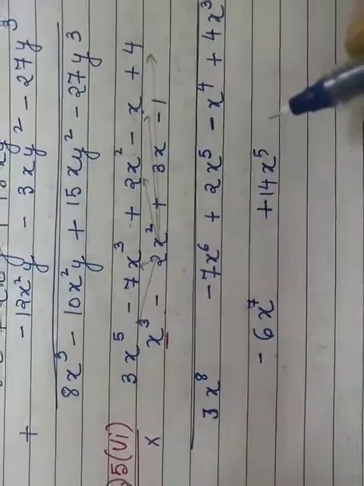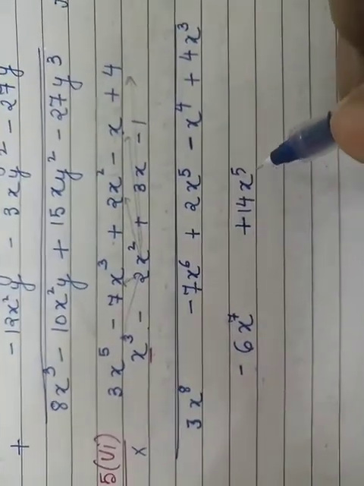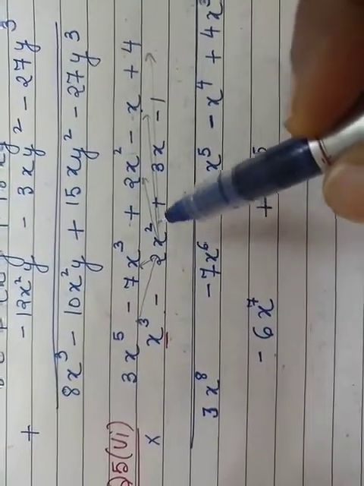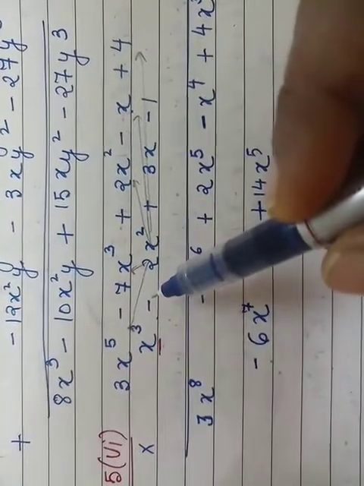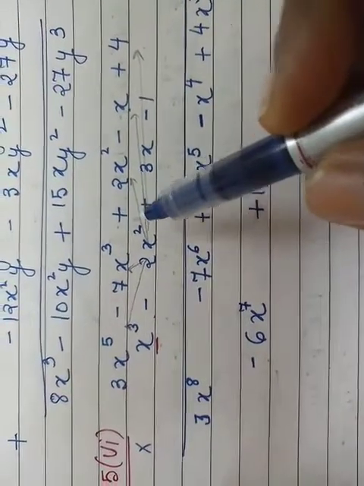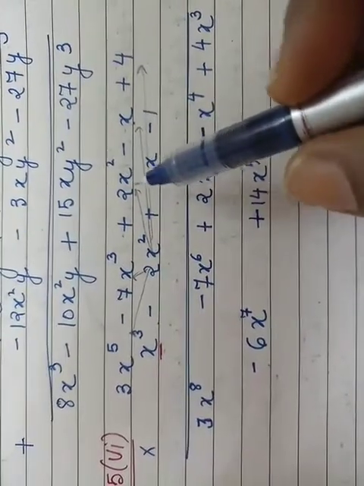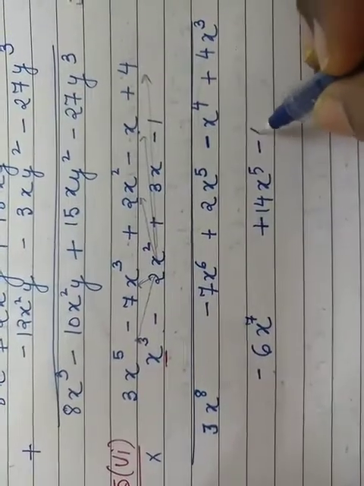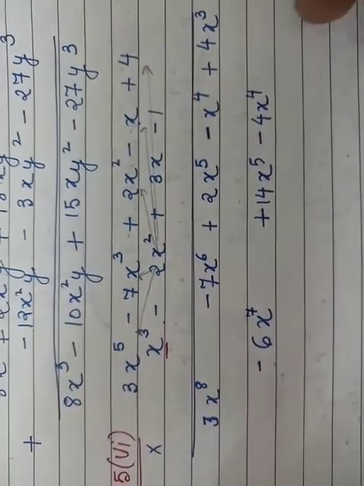Children, write the like term under like terms only, okay? Do write the terms correctly. Minus 2x square now multiplied with plus 2x square. This is plus, this is minus, plus minus will give you minus. 2 2s is 4, x square and x square will give you x to the power 4. So I am going to write it under x to the power 4. So it becomes minus 4x to the power 4.